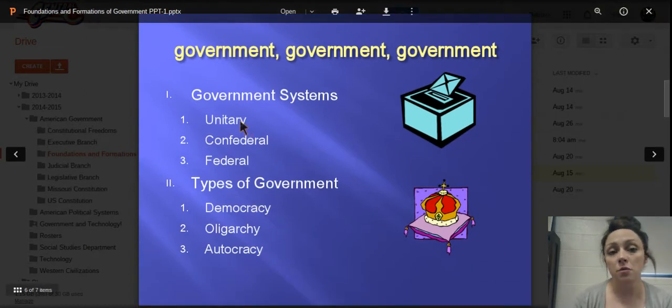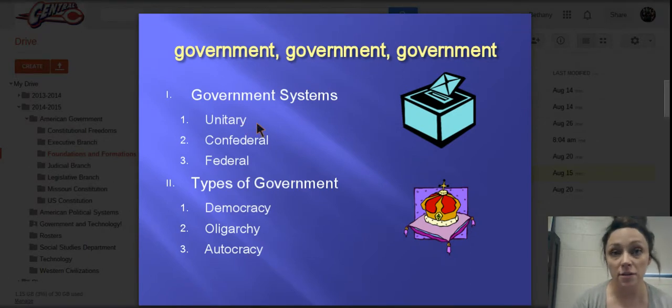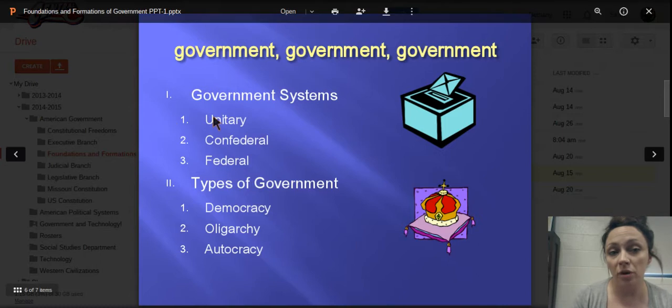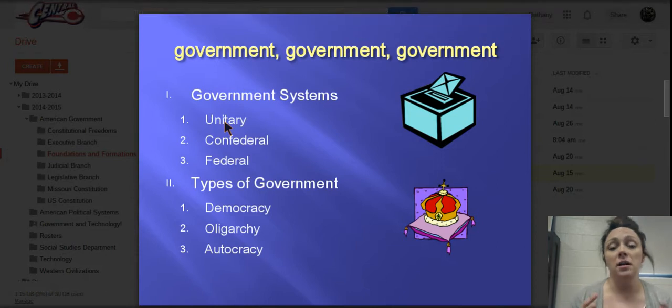The systems, though, we'll start with a unitary system, and remember you should be taking notes on this on that Google Doc that I sent out to you. A unitary system is one in which a strong central government pretty much controls everything. In a unitary system, if there are any smaller regional governments, they don't have a whole lot of power. So you can remember that by the prefix of unitary, U-N-I, that prefix means one. So whenever you hear of a unitary system, think of a government or a country that has one strong central